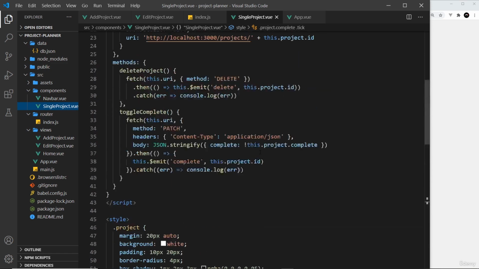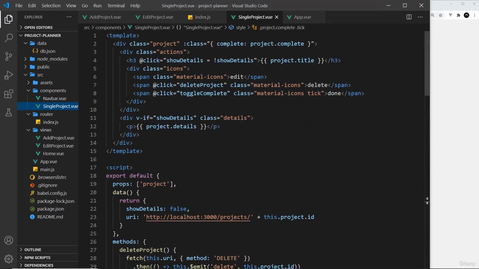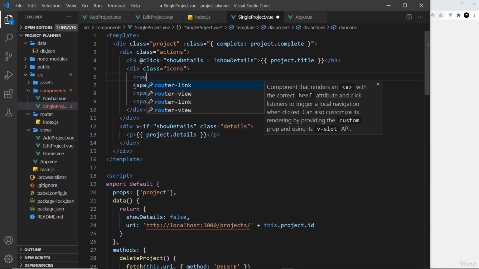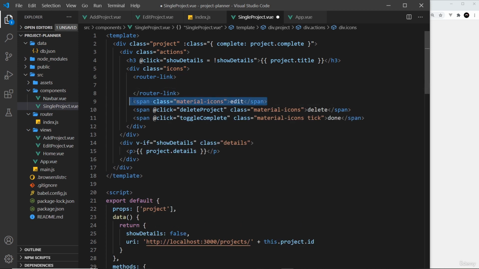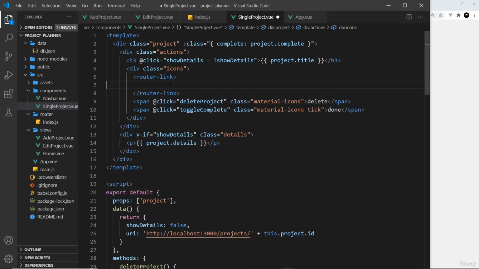So let's go to the single project, which is where we output a single project on the screen. And it's this icon right here that we need to link. So we need to place this inside a router link. Let's create that tag, router-link, and close it off. And inside we want to place this span. So let's cut it from there and paste it in here. All right then. So now we want to go to the edit project component,